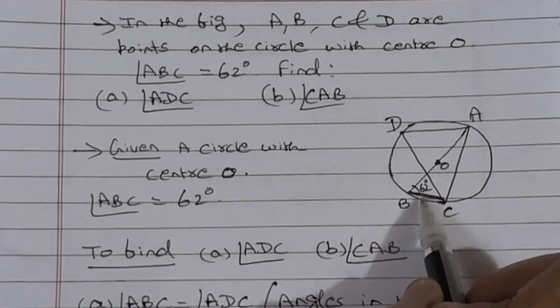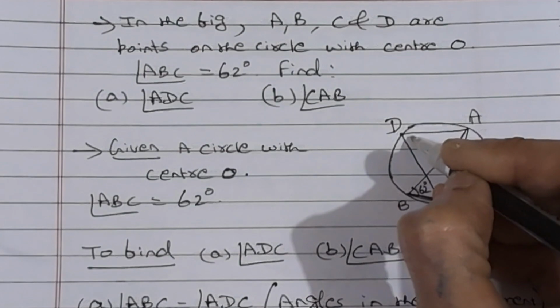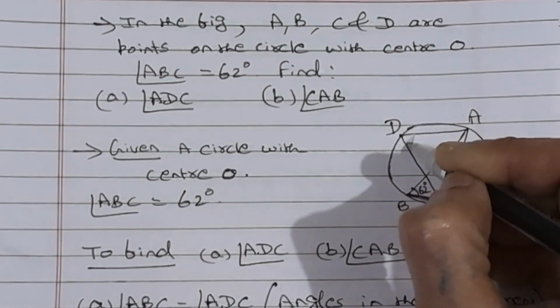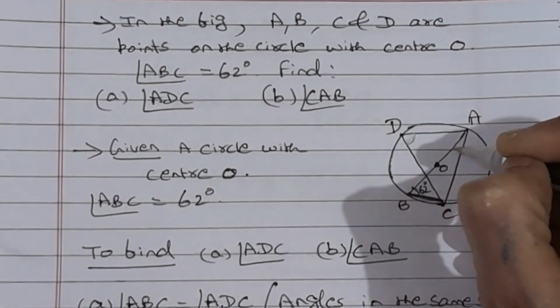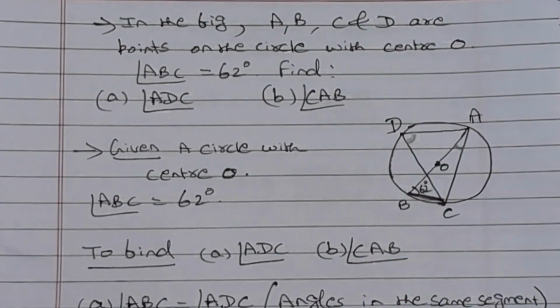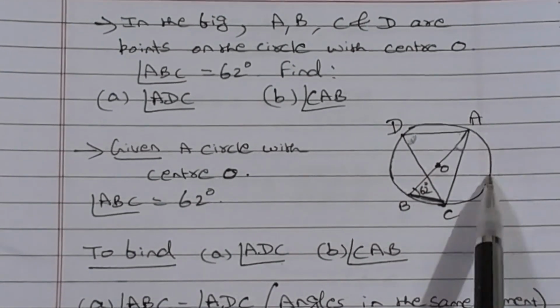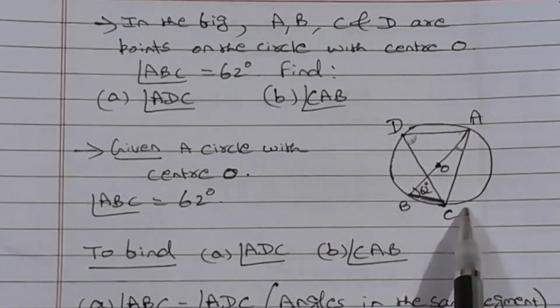सबसे पहले whatever angles are given, mark it on the figure properly. And जो भी angles find करना है, mark that angle also so that you know you have to find these angles. So ADC हमें find करना है and CAB this angle we have to find. ठीक है. Now we have to find ADC. Always look for कि वो कौन से arc से बना है. ADC it is subtended by arc AC.